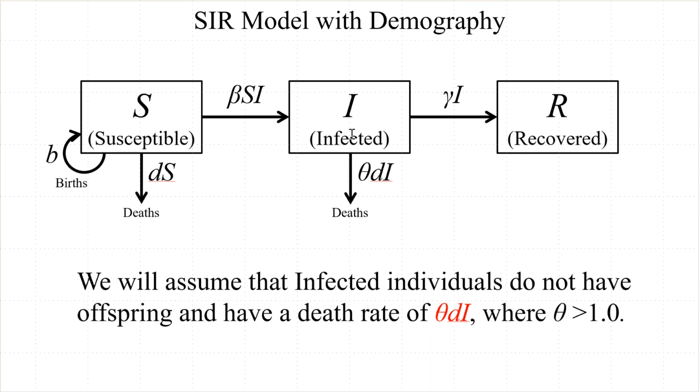We'll also assume that infected individuals have a death rate, but the death rate of infected individuals is higher than the death rate of susceptible individuals. And it's higher by a factor of theta. So we're going to multiply D times theta to get a higher death rate for infected individuals. And so what we're assuming is theta is greater than 1. So D is the per capita death rate of susceptible individuals. Theta times D is the per capita death rate, the rate at which an individual will die